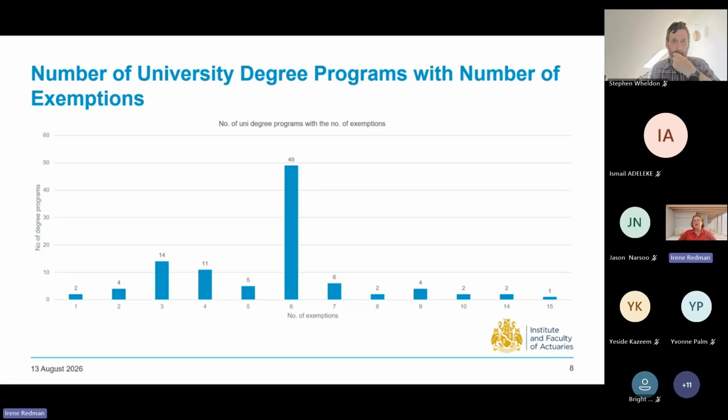So you can see that's the sweet spot for the number of exemptions that universities strive for in accreditation. And when you do get accredited for X number of exemptions, that can change, perhaps if you add on further things in the future, or perhaps if some things are taken out. But you can see the outliers are the ones on the very extreme ends of the